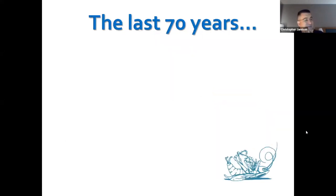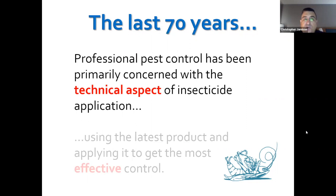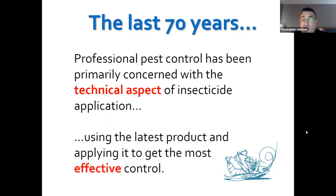So for the last 70, 75 years, we've been looking at the technical aspect. That technical aspect of insecticide application has absolutely blown up over the last 75 years or so. I call that the modern era of pest control. From about World War II forward, we really have looked at the most effective and efficient way to put product out, but also to add to that using our latest products, and those products have evolved